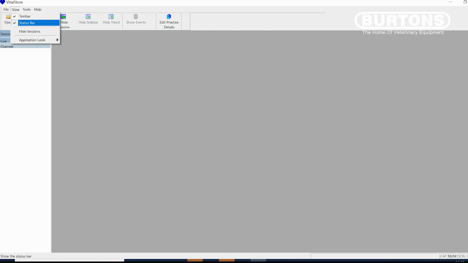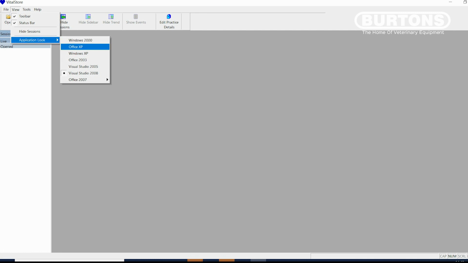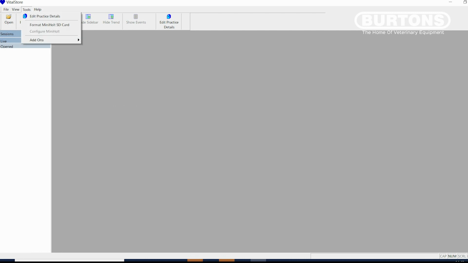The other one there, application look. This is a Windows feature that enables you to configure it to look how you like. And maybe if you want it to look like Office XP or look like Office 2007, then you choose one of these options. In the Tools menu, we have the option to edit the practice details, and this will be